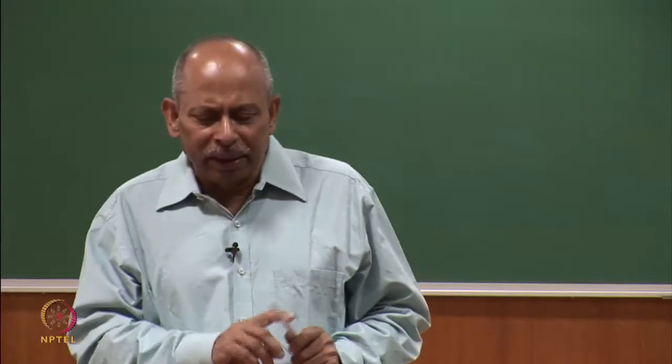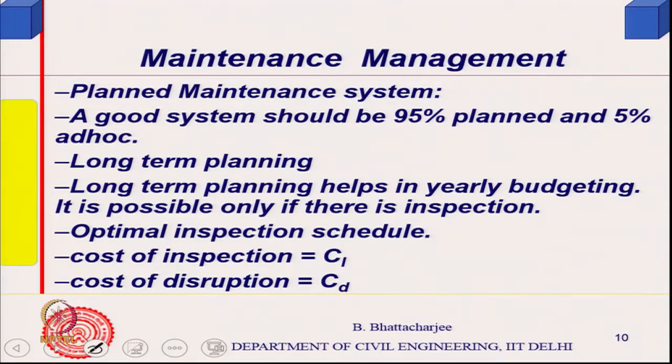A best maintenance system will plan around 95%, and we can do that actually, and 5% is left to ad hoc. You cannot avoid ad hoc. In such a system you cannot avoid ad hoc. If you see, even if you are doing budgeting